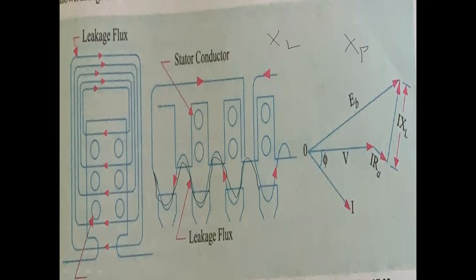Okay, so here the voltage drop will be equal to I into XL. What is the voltage drop? V is equal to I into R. Actually, strictly speaking, you have to say R into I. So V is equal to R into I. Here the resistance is in the form of inductance, that is leakage flux, so R will be replaced by XL.